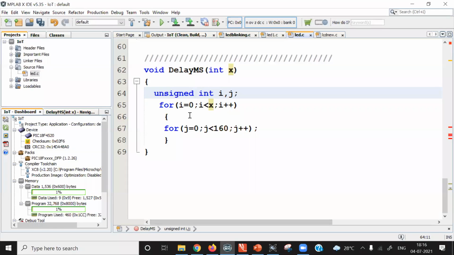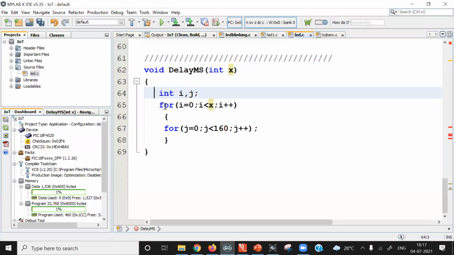see, integer is of two types, signed integer and unsigned integer. If you type unsigned integer, it will be accepted as unsigned integer. And if you do not type unsigned before int, then by default, this i and j will be unsigned integer. Remember, I have not explicitly written here unsigned. So whether you write unsigned before int or not, integers created are of unsigned type. There will not be signed type.